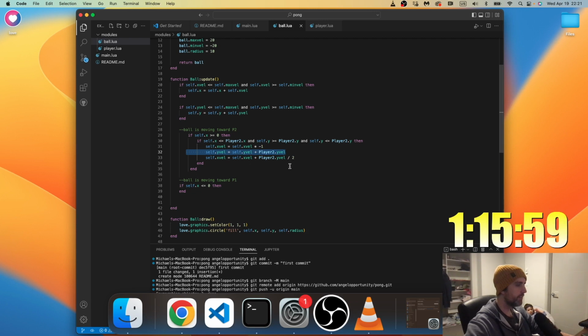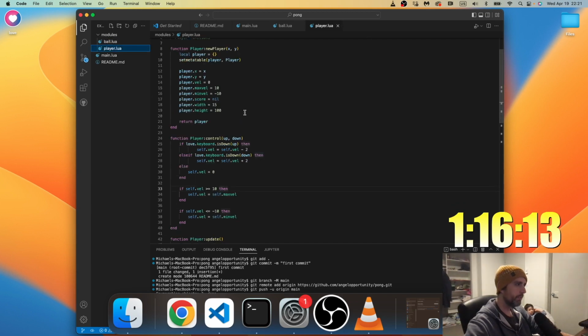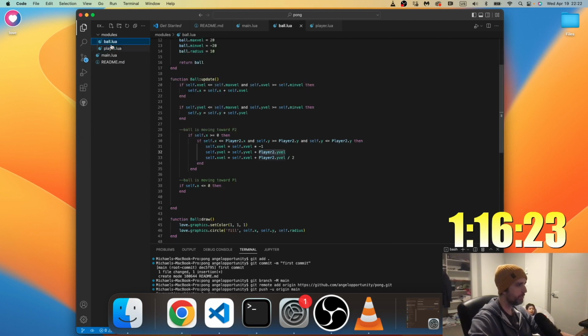How is Y velocity a nil value? Let me see something: player 2, Y value. There's no nil value here, right? I'm not sure what's going wrong here. Let me just try to change ball.